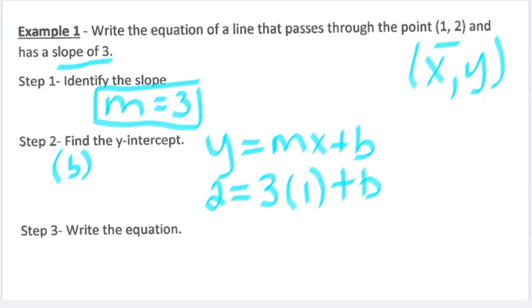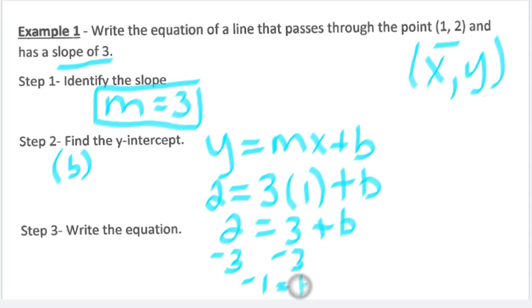Now we just need to solve for the b. So we have 2 equals 3 plus b, and then I subtract 3 from both sides. 2 minus 3 is -1, so b is -1. And I'm going to circle it. Now for the last step,